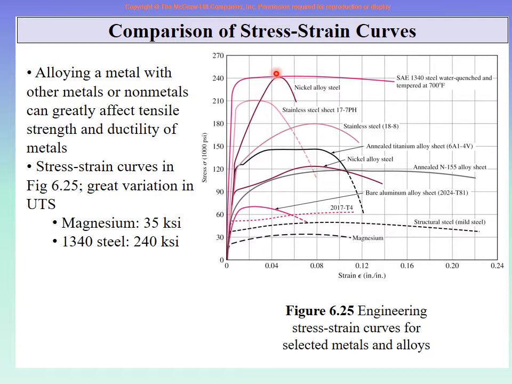So this is it. And you can see that sometimes very high strength materials are also ductile. Sometimes very high strength materials are less ductile. Sometimes low strength materials are very ductile. Sometimes low strength material is less ductile. So it is no rule. It is no rule that if it is lower in strength, then it will be very ductile, or if it is very high in strength, it will be less. It is just the nature of the material.